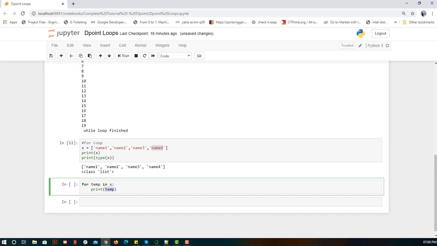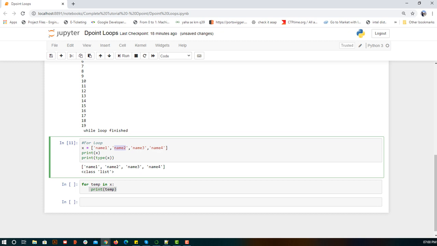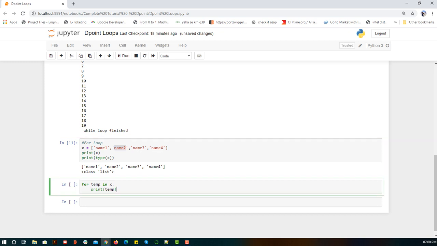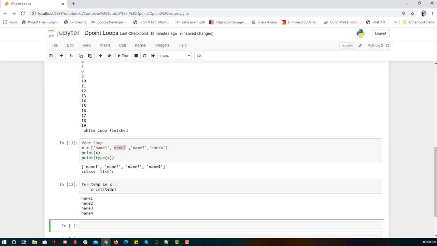So how it works is, when we say for temp in x, the first value it gets is name1. Then print temp is done, then it goes to the next for temp in x. This time it moves to name2, and next. That's how it's going to work.